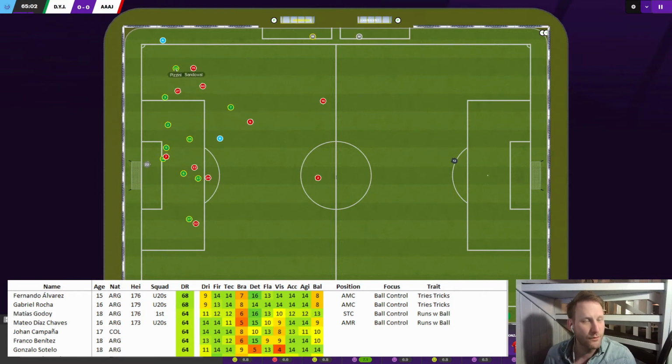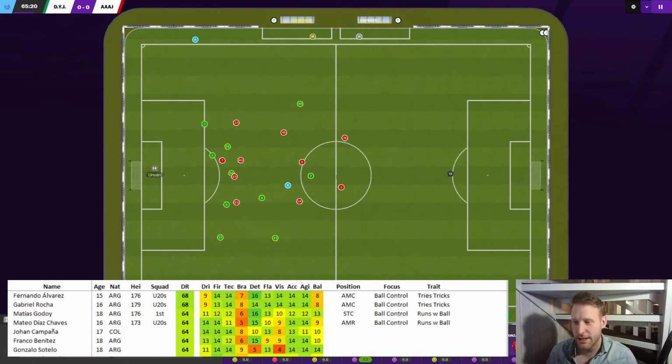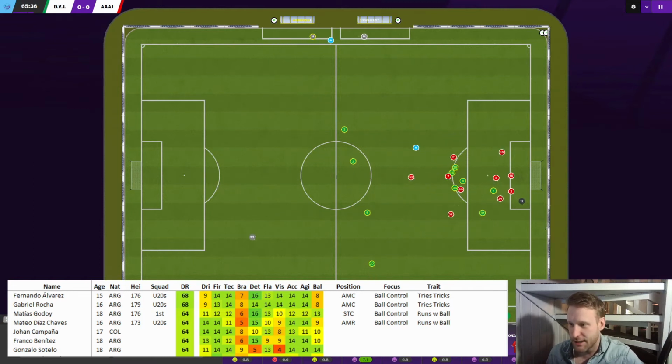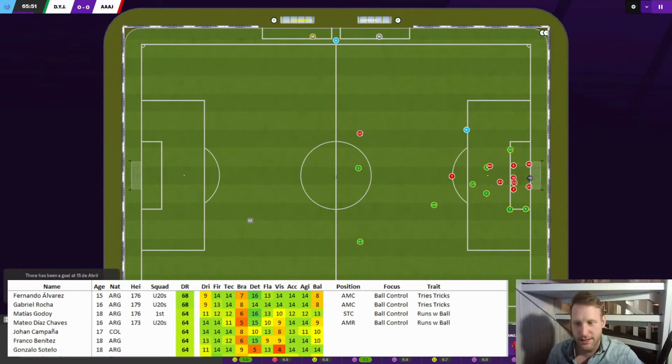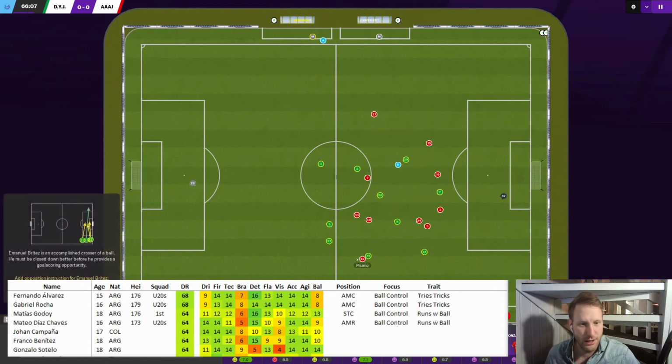We beat them over 2 legs in the Copa Sudamericana, but it was a pretty drab performance away, just like this one. I have a feeling the strikerless system is going to work better at home, but I hope that it will work okay away as well. And the reason I'm playing in 2D are those performance issues I mentioned. This doesn't make it lag, but the 3D makes it lag heavily, which is disappointing to say the least. I'm going to see if I can sort that issue out